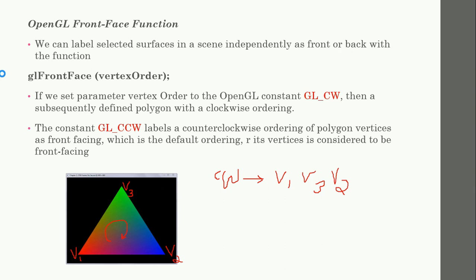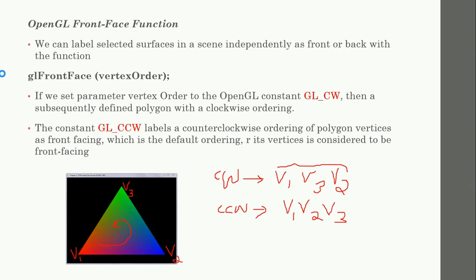So this is the order we are going to follow, and this same order will be followed in writing the program also. You have to follow the same order if you are following the clockwise order. And what is counterclockwise? Counterclockwise means anti-clockwise direction. So now you have to change the direction of the vertices you are going to take into consideration. If you start from V1, you will go on specifying V2, V3.